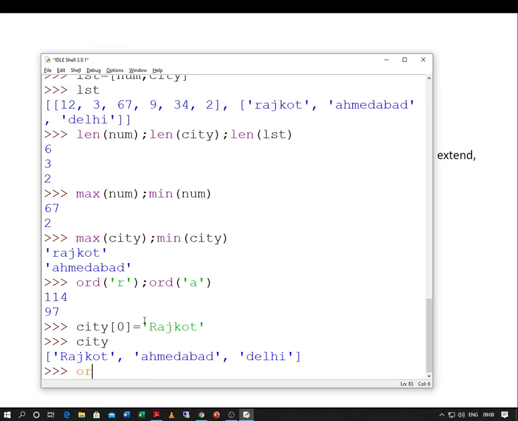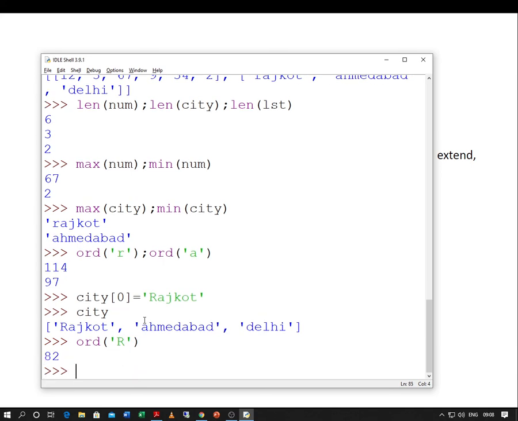Let me try to show you something. Now what is the ASCII value of R? That means R in uppercase or capital R, that is 82. So now how does max city and min city work?